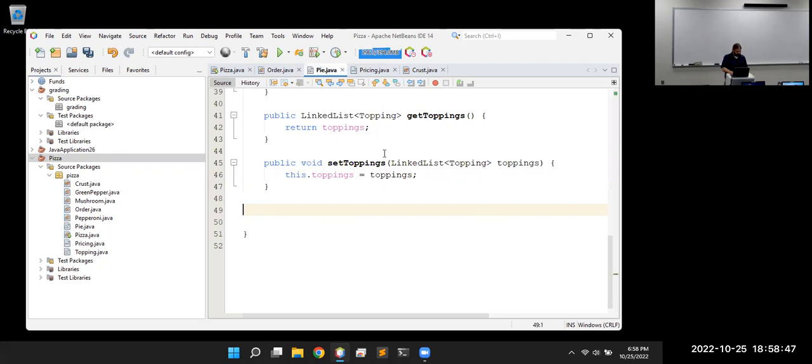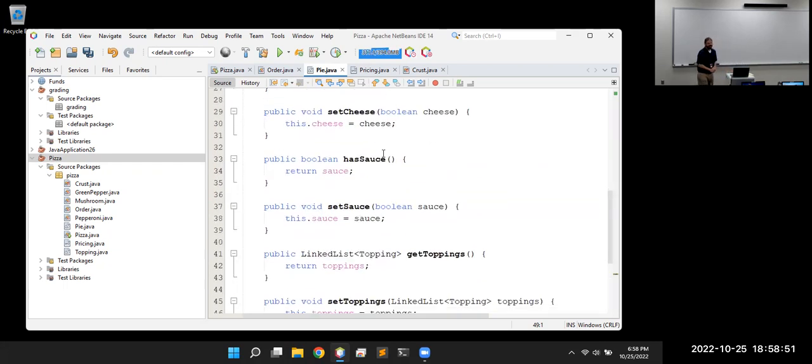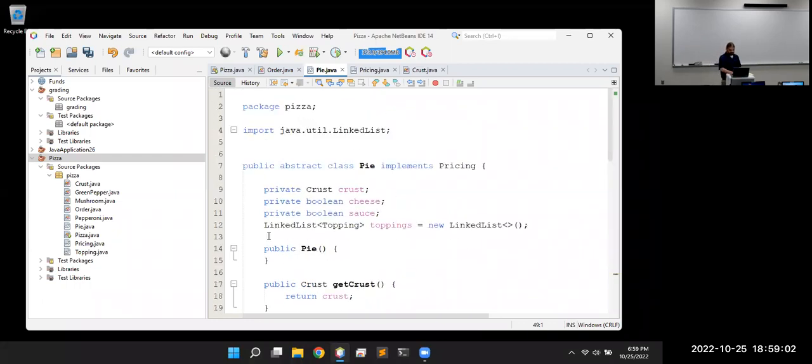Let's see, what else might we need? Okay, so back to our example tonight. I have one more option on the list here that we would need, because we're gonna have a list of toppings. So we probably want a